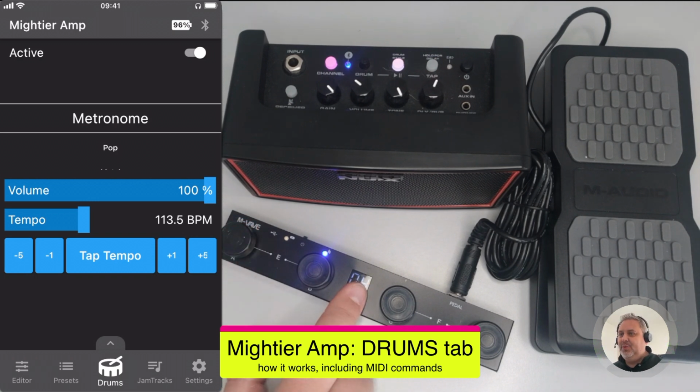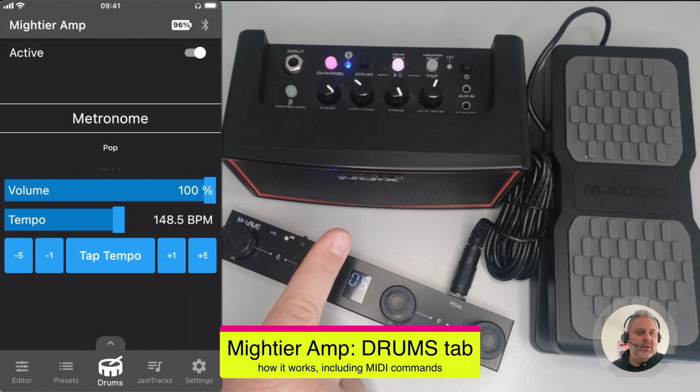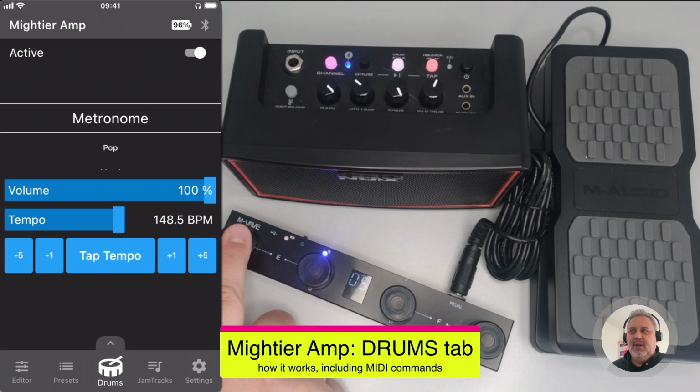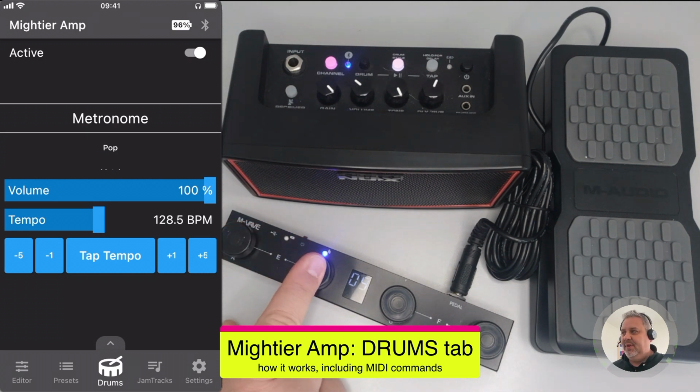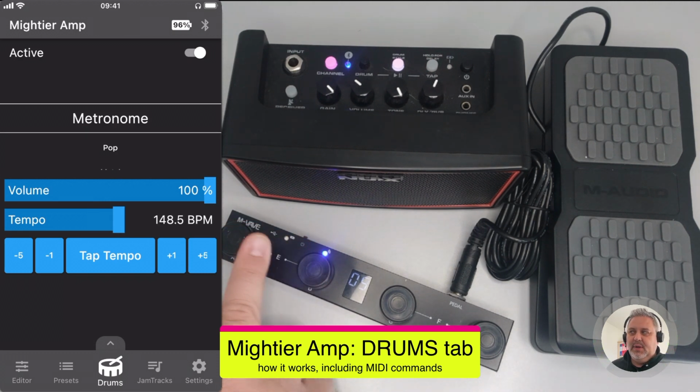What the pedal is doing is sending commands to the app, and that way it is possible to obtain the changes without the need to press directly onto the screen. So this way I can increase by 5. You can hear the different frequency, or I can reduce it. Okay, let me turn off the background music. Okay,